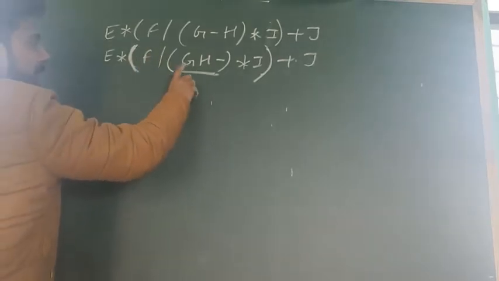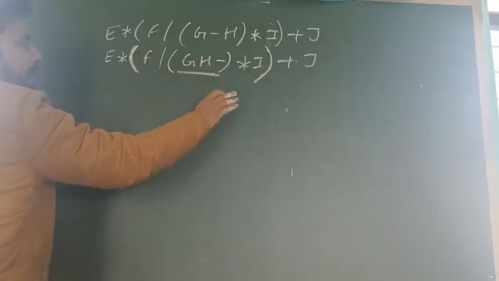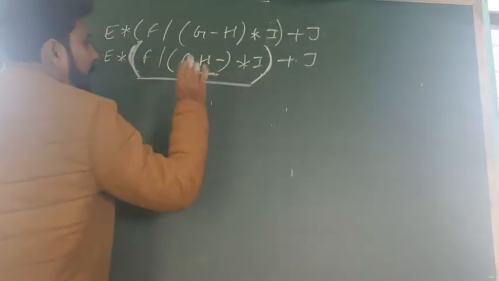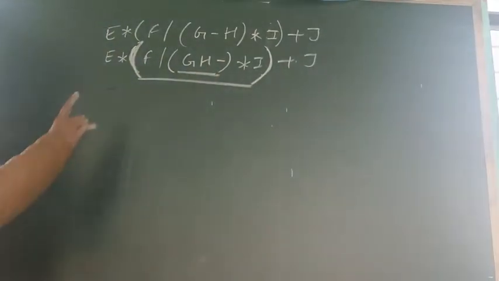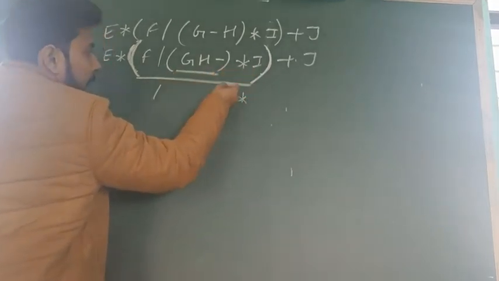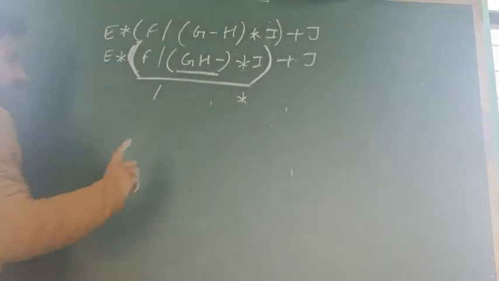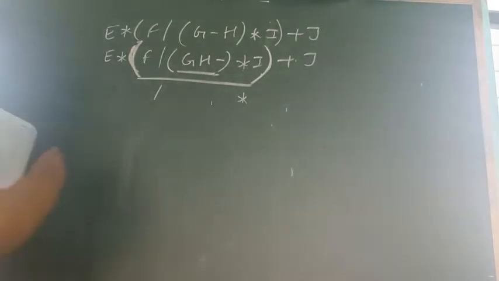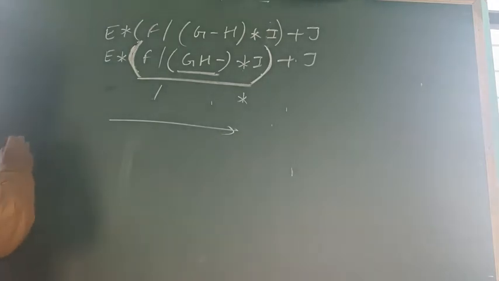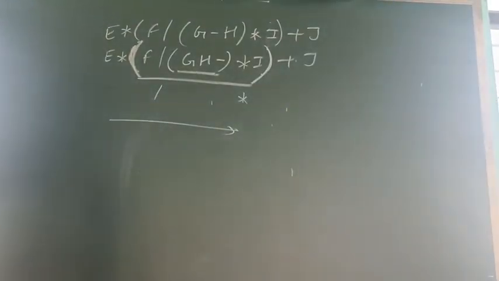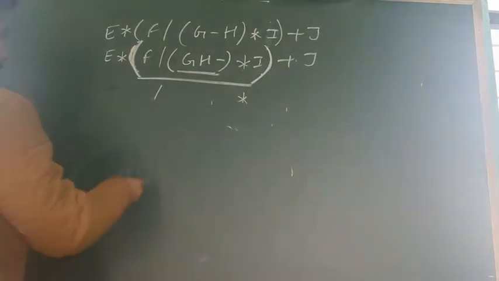Now look carefully, when we are using the bracket, this bracket is your expression, and in this we are also having the divide and the multiply. So they both have the same priority, but those which come first from left to right, we are doing from left to right. So whichever comes first, we will solve it first. Clear? If they have the same priority and one comes first, we solve it first.